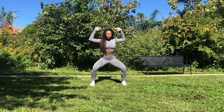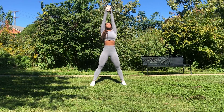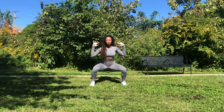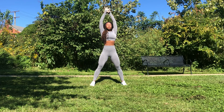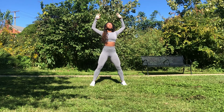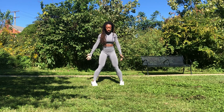Exhale as you squat, squeeze the shoulder blades as the arms float down. And again, inhale, reach, and exhale as we press back. One more big stretch. And exhale, press back, really drawing the shoulder blades together. We take one final reach, and then exhale as the arms melt down by the side, and we swivel those